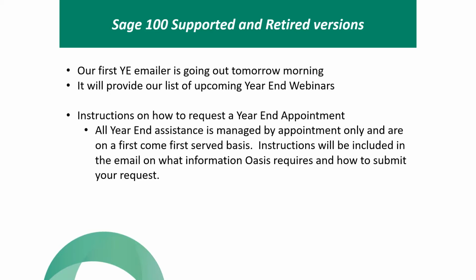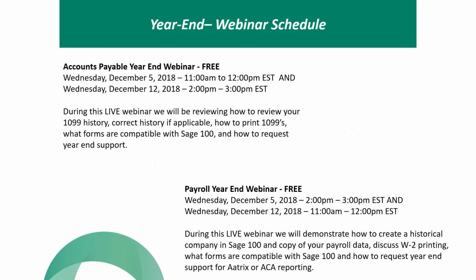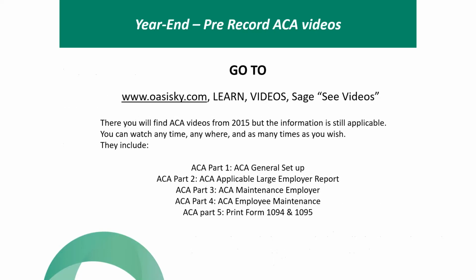Talking about year end, mostly what I'm referring to is if you're having to process 1099s with your accounts payable, or if you're using the payroll module within Sage 100 and you're processing W-2s. And also for those folks that have inventory management, if you typically do physical counts at the end of the year, if this is your first physical count, I strongly suggest that you get in touch with